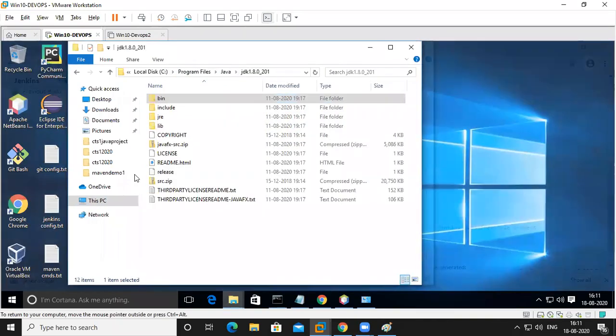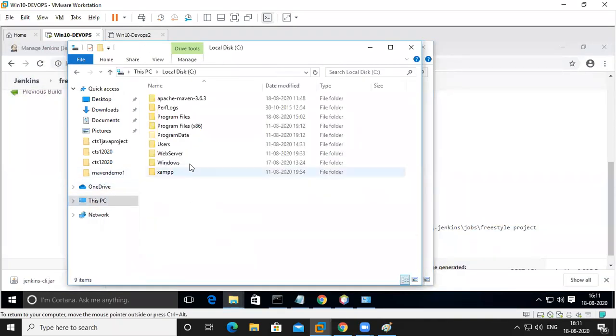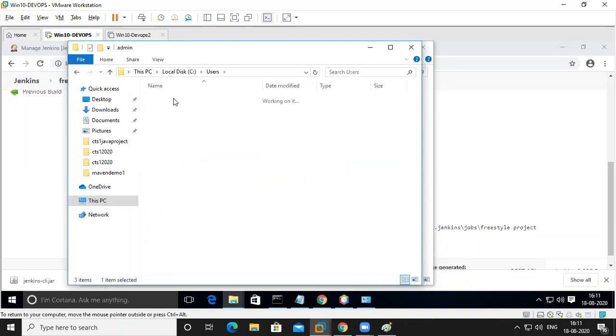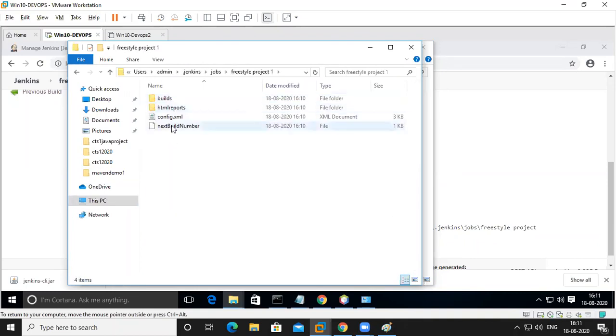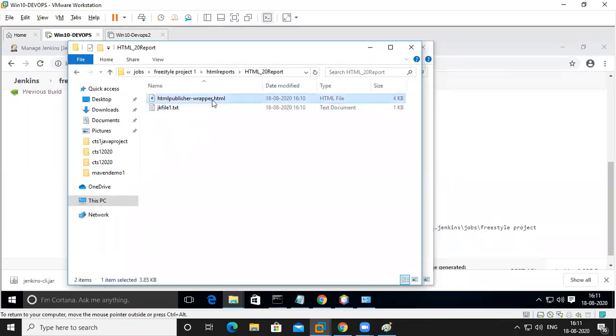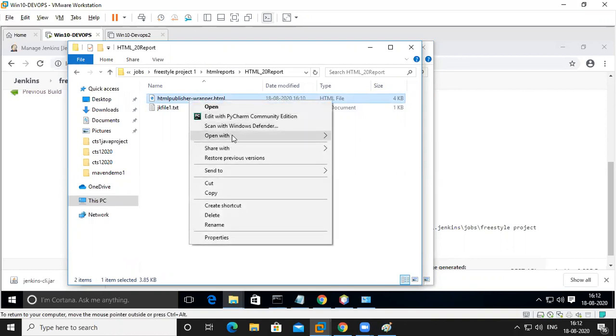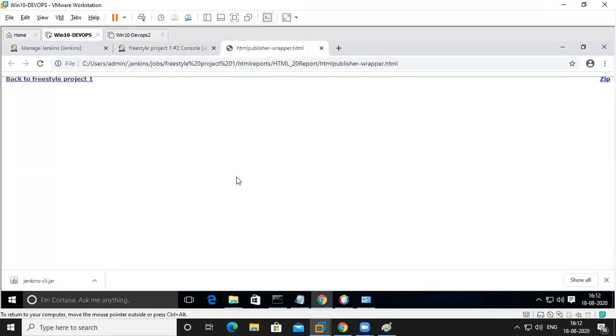So I want the report. admin.jenkins jobs. Okay, this is build jobs HTML report. This is the file, and here the file came here, and this is a publisher wrapper. Open with Google Chrome. Okay, it is back to the freestyle project.